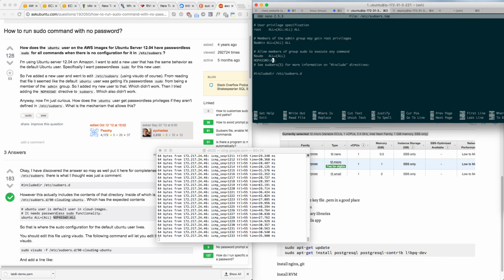Okay, I still need to set up Postgres, huh? It's okay. Okay, does it look good? And then